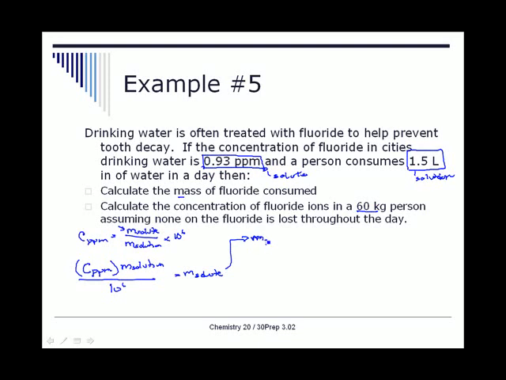Let's just shorten up our formulas. In this case, the mass of fluoride ions is equal to our concentration, 0.93 parts per million, times the mass of our solution, 1.5 liters, which is 1,500 grams, divided by 10 to the power of 6. The units for this would be parts per million. It's nice to write them down just so we can see our units cancel, with an answer in grams. Once we run it through, we should get